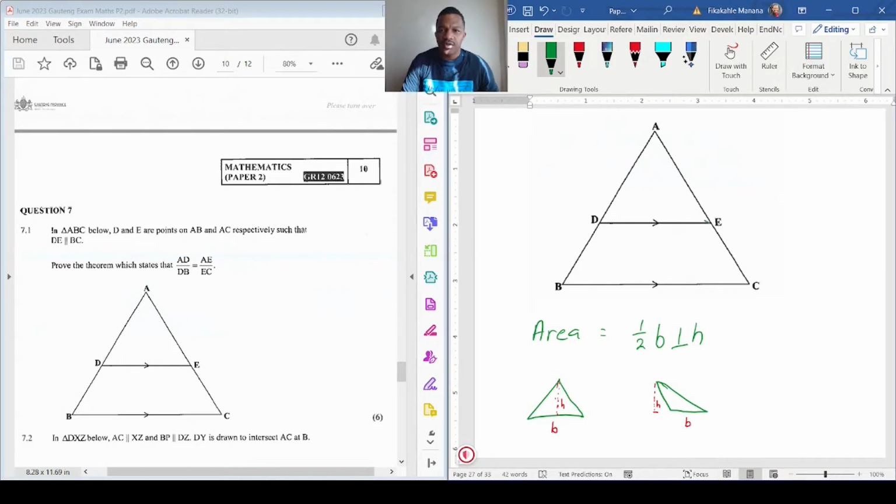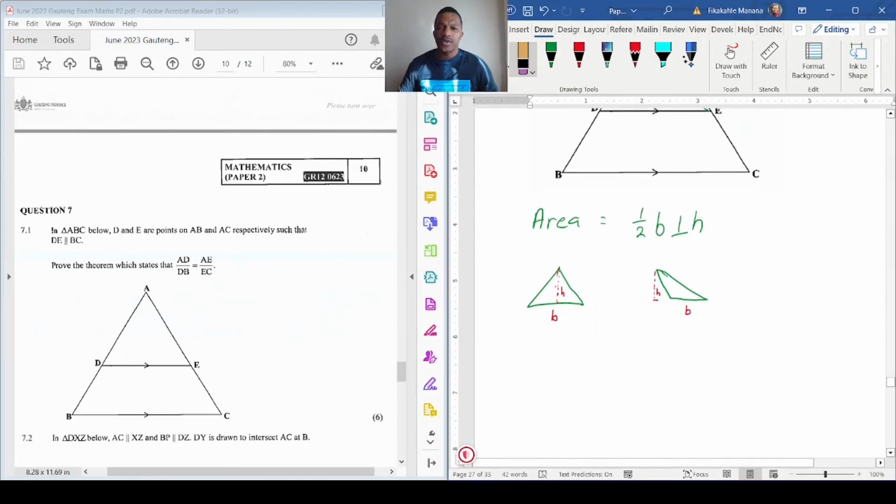Let's start with the heights. Let's start with this one. I will call it the green height, and it's perpendicular. Let's call it H. And then let's also construct a red height. Or maybe let's just work with this one first, and then we'll circle back. Okay, so now using this height, we're going to say